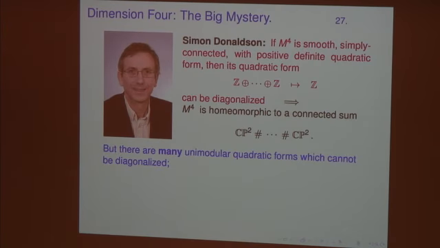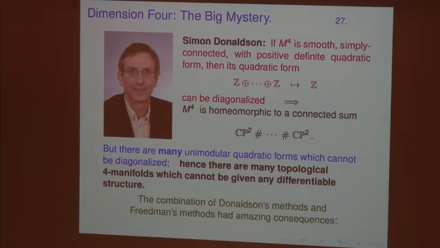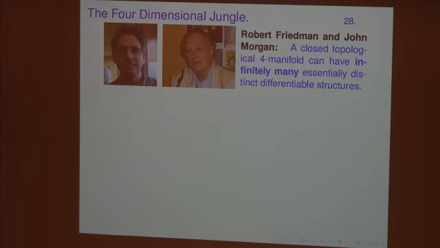And somehow the results of Freedman and the results of Donaldson were just totally incompatible, so that if you make use of both methods together, you get rather amazing consequences. And again, I'm running out of time, so let me just state these quickly. Freedman and John Morgan showed that a closed topological 4-manifold can have infinitely many essentially distinct differentiable structures. In fact, they studied specific examples, K3 surfaces, and showed that in that case there were infinitely many essentially distinct